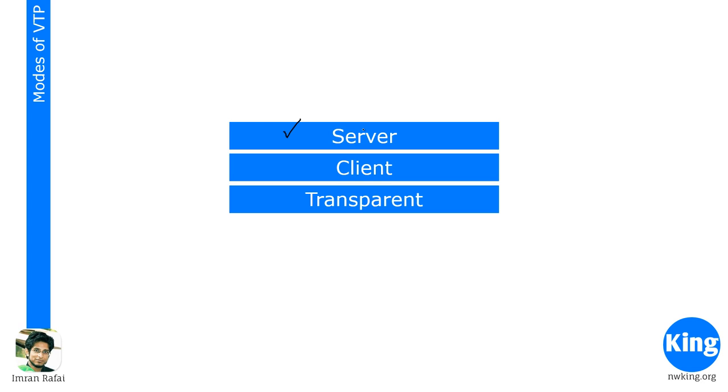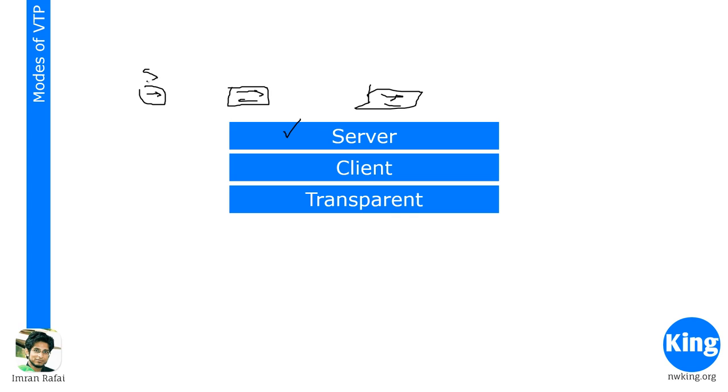So let's start with server. VTP server means this is where you can make changes. If you put a switch in VTP server, by default all the switches come as VTP server, right? That means you can make a change. So if let's say this is switch 1, sorry, my writing is really bad, and this is switch 2, right? And this is switch 3,